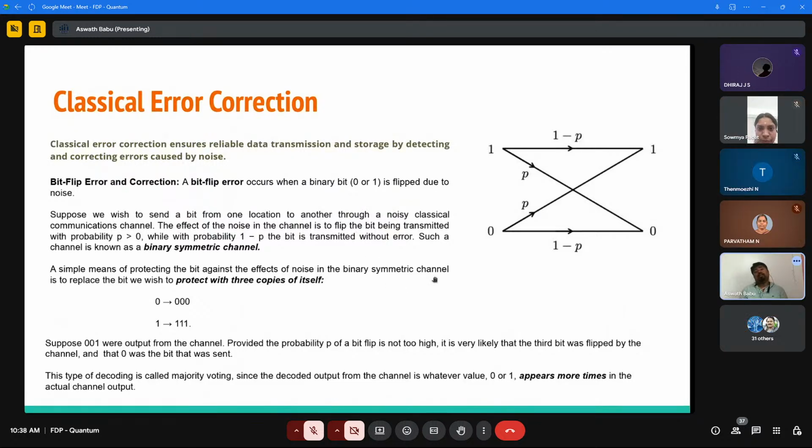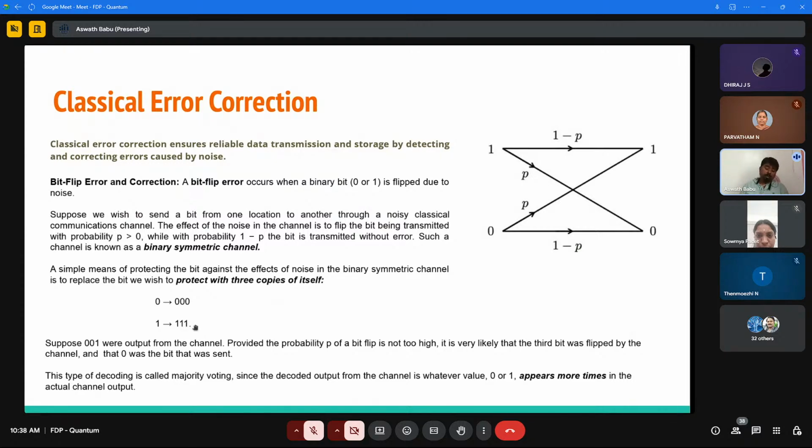Let's say that is the situation. In that case, what they will do is take a 0 bit and replicate or clone it into 3 0 bits, and take a 1 bit and clone it into 3 1 bits, and they will call the 3 zeros a logical 0. They will call triple 1 a logical 1. The agreement here is, we know that if there are 3 bits going through the problematic gate, only one of the bits among them gets affected, because the ability of this error gate is to create error only